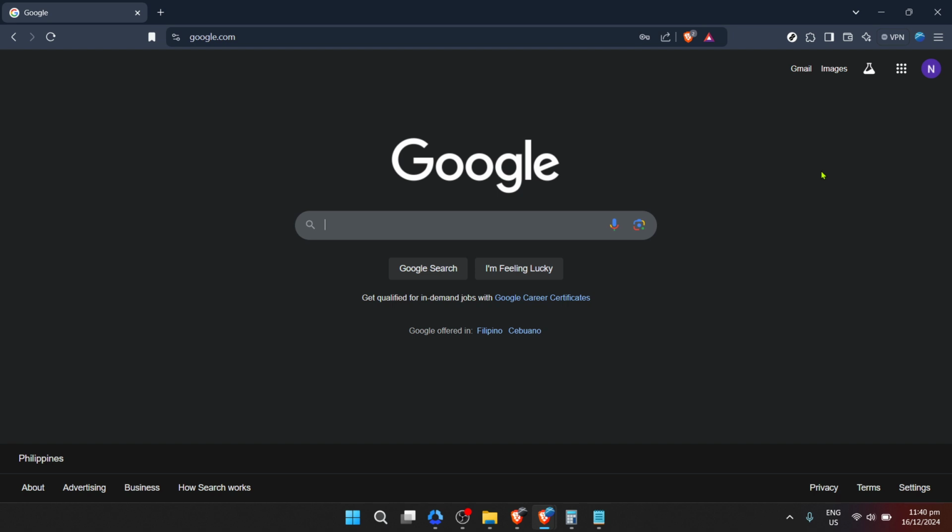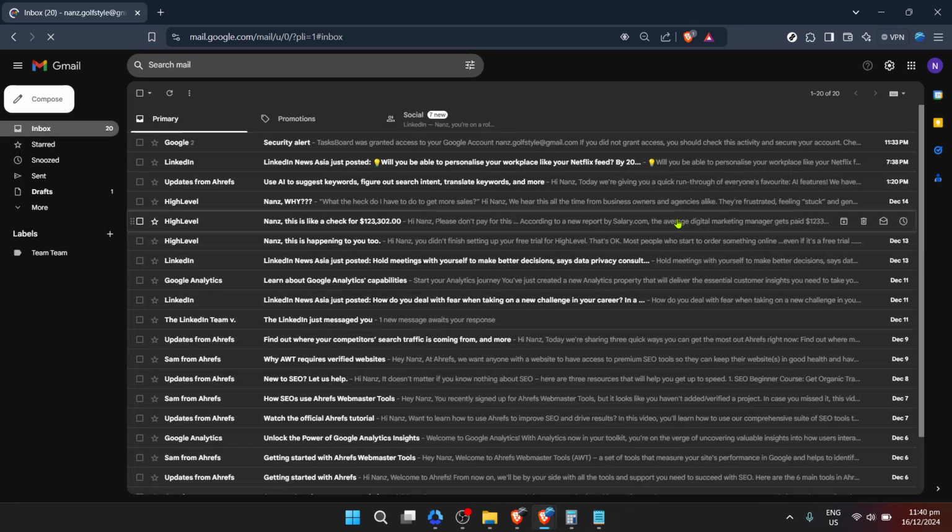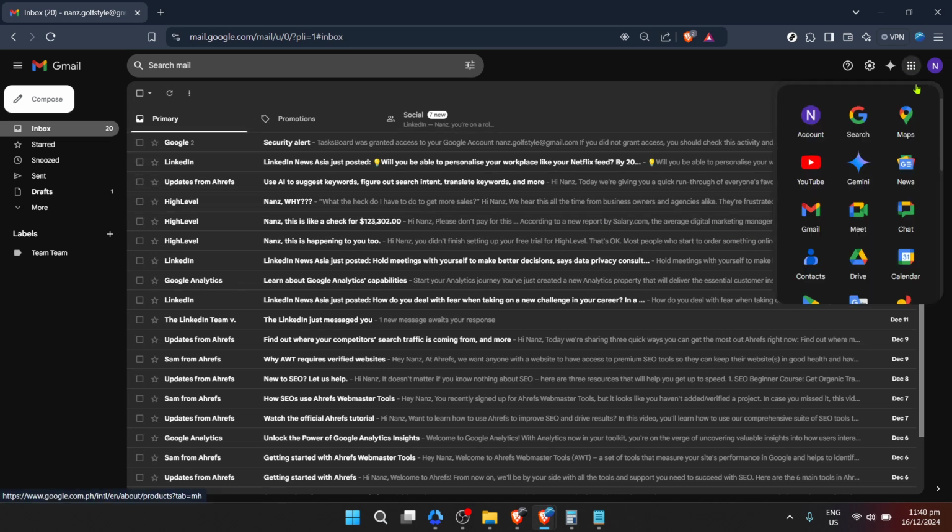Among these services is Gmail, which serves as our next point of interest. From the Google homepage or any Google service page, locate and click on the Gmail option to navigate to your inbox. As you find yourself in your Gmail inbox, direct your attention to the small waffle icon located near the top right corner of the screen. This icon represents the Google Apps menu, which houses shortcuts to various Google services. Clicking on it will reveal a list of available services. From this list, you will need to select Calendar to continue.